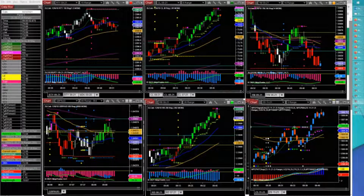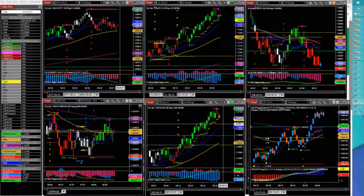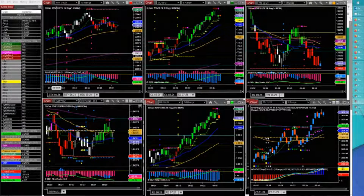I'm going to try something to see if I can get the pound Aussie working again. And the stop on unleaded did come up to 93. It's taking some heat there. And we said